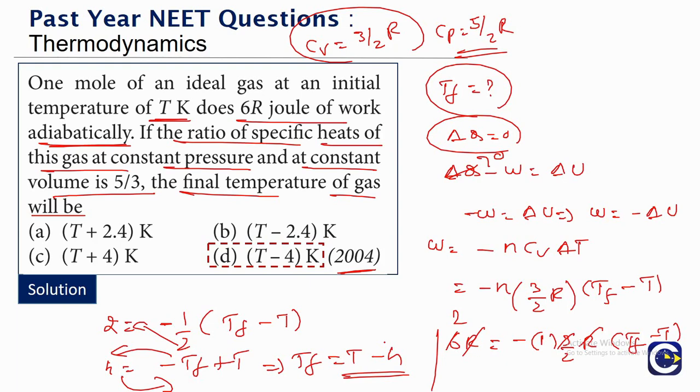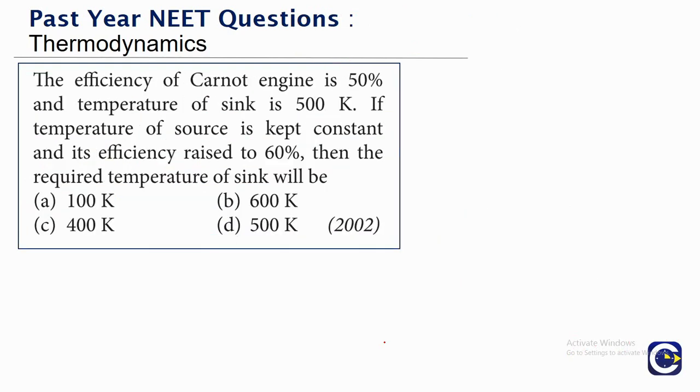So all we are doing in this question is looking at the work expression in case of the adiabatic process. Adiabatic process means delta Q is 0. So we get the expression for the work from the delta U formula. Because it is a monoatomic gas, Cv is 3/2 R. So these things we have to remember, so that it will actually help us in quickly getting the answer for this question. Okay, we'll move on to the next question.